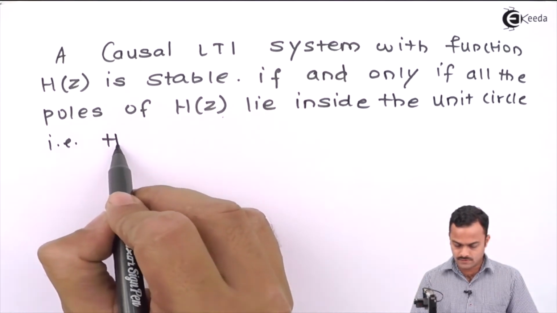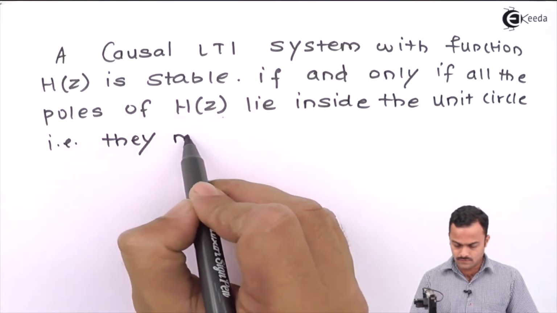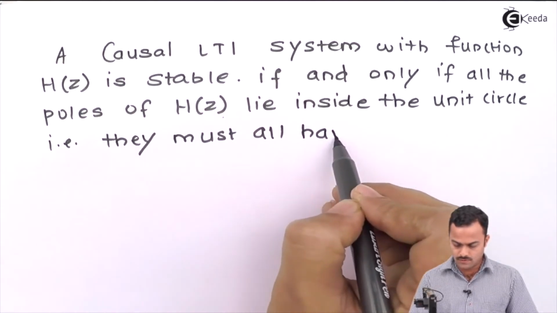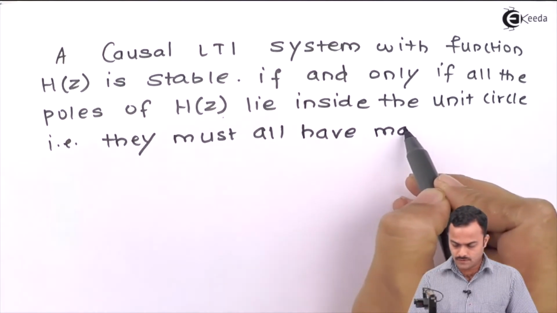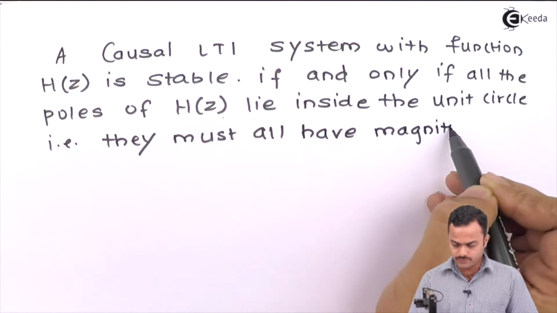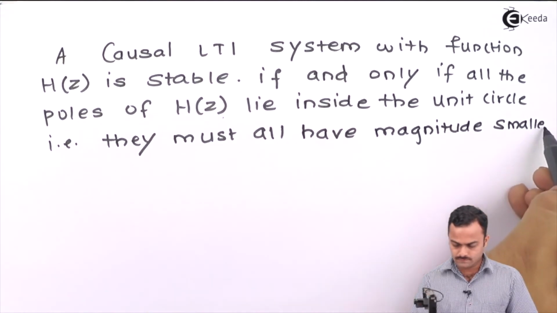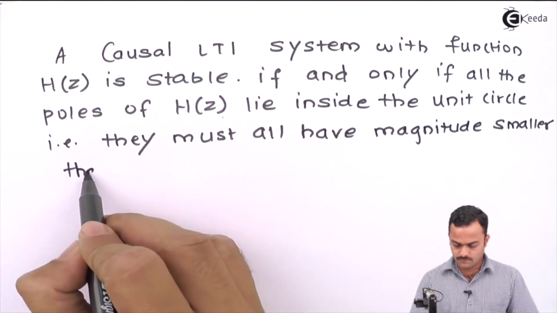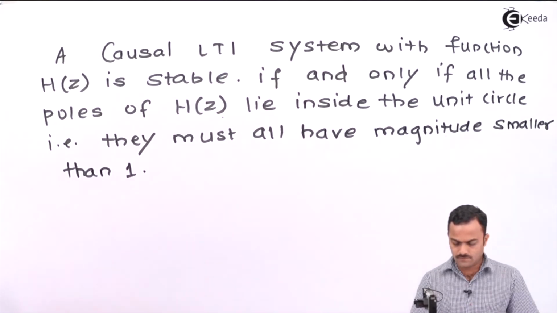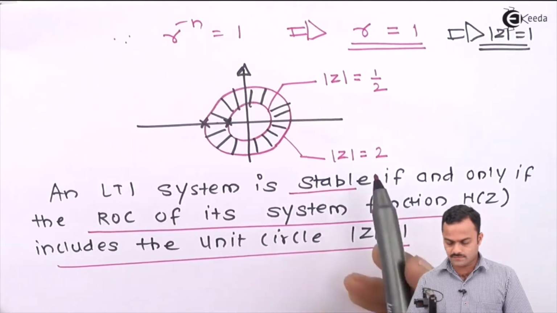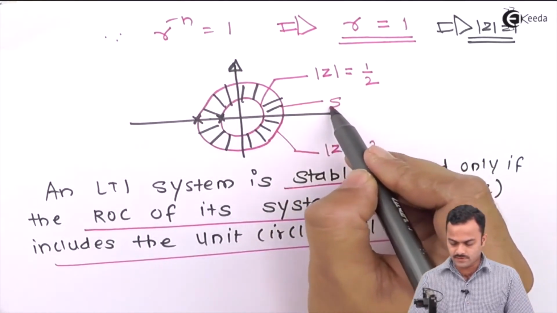That is, they must all have magnitude smaller than 1. Which is quite obvious. Just take an example of this. Here the system will be stable,